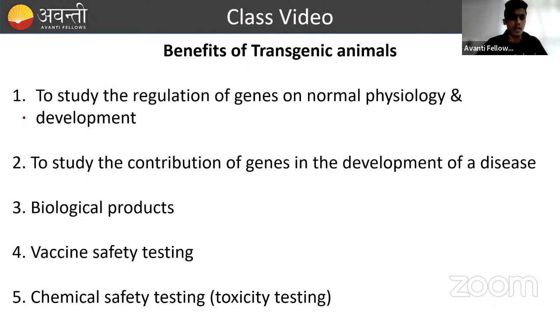The first one is to study regulation of genes, which is a very important aspect for us, correct? When we talk about regulation of genes in normal physiology and development, it is very curious for us to understand that human beings have such a vast amount of genetic information. For example, the volume of DNA is very, very large. But when it comes to the expression of DNA, we have a quite large number of genes, for example 25 to 30,000 genes. When we have that amount of genes, it is very essential for us to understand how these genes behave and what they are contributing.